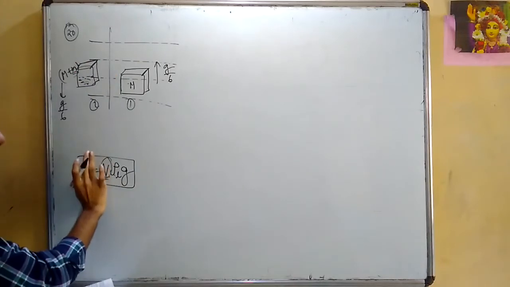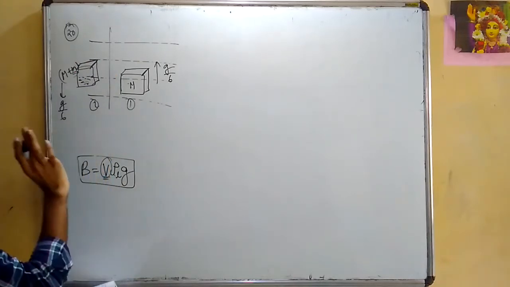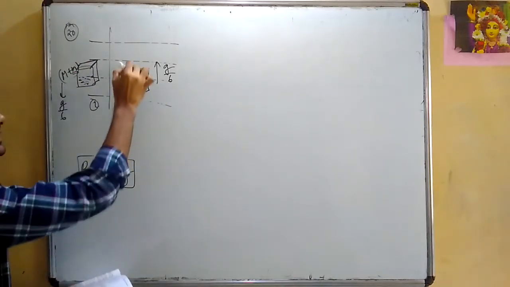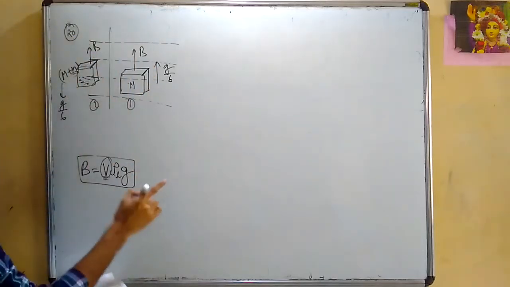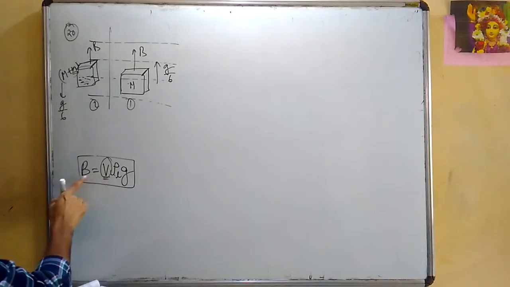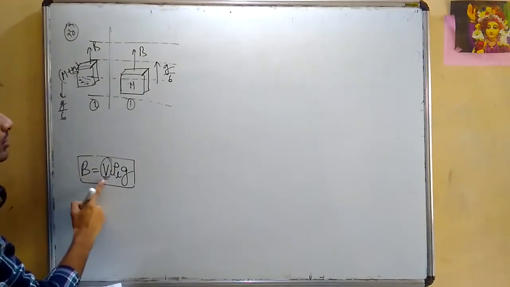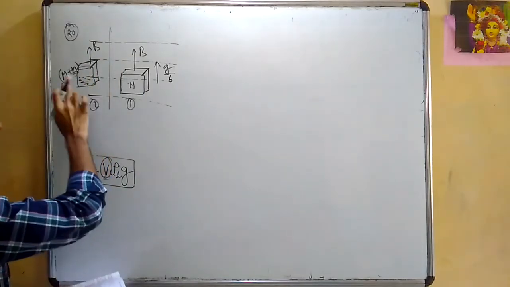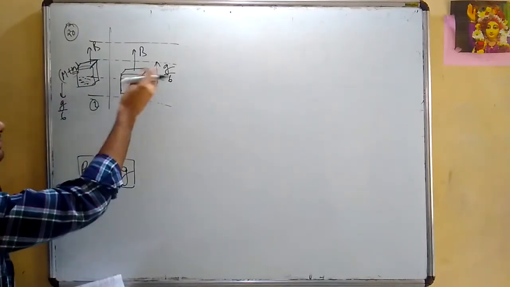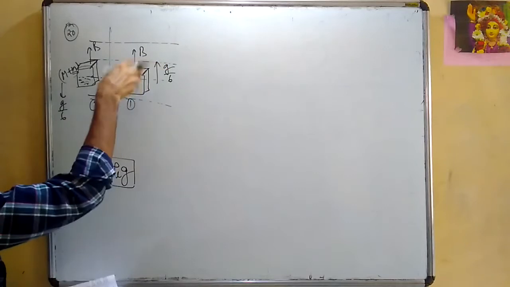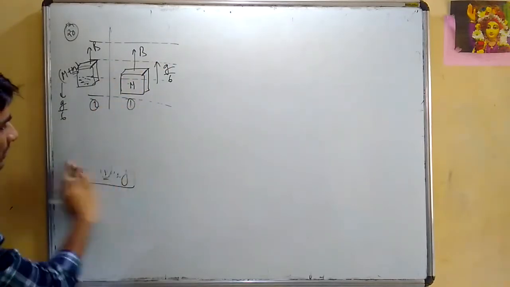Try to understand. Without this explanation also, I would have gone ahead. But because I will use this word, that you have to assume buoyancy B is constant, acting in the upward direction, it is important for me to explain why the buoyancy will remain constant. Buoyancy is V rho g, V remains constant. You might have added some sand, but the mass of sand does not affect the buoyant force. The volume will affect it, and the volume will remain constant because I have added sand inside the box. So volume remains constant. I hope this much is clear.